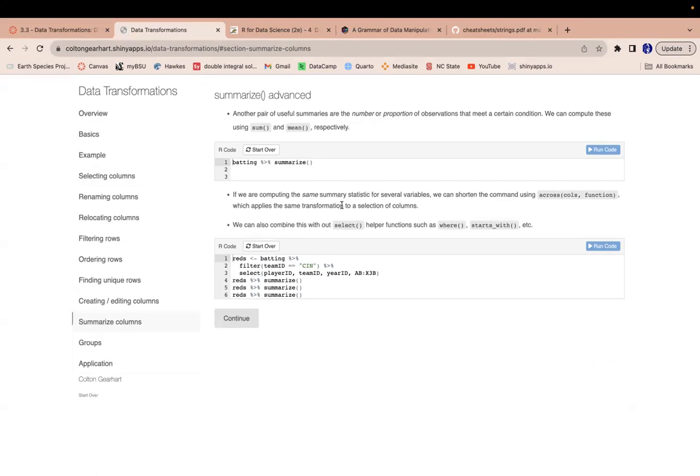So to use summarize, a very useful set of functions to summarize by is going to be sum and mean. But when we do this, we're going to calculate a logical. So we're going to check for the number or the proportion of observations that meet a certain condition. So to calculate the total number of observations that meet some condition, what we have to do is use the sum function. So let's say I wanted to get the total number of players that played in the very first year of the league. So I'm going to check the logical. Year ID